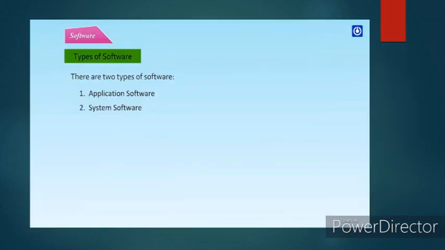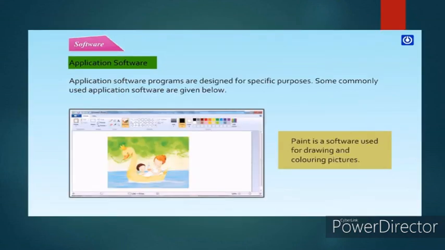Next, types of software. First, application software. Second, system software. First point, application software. Application software programs are designed for a specific purpose. Some commonly used application software are given below.